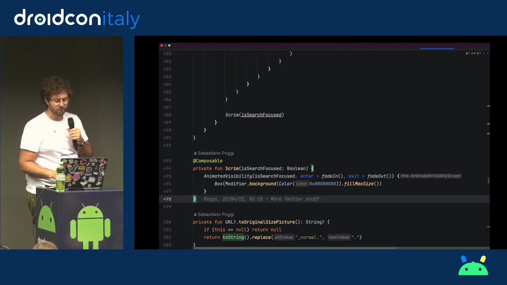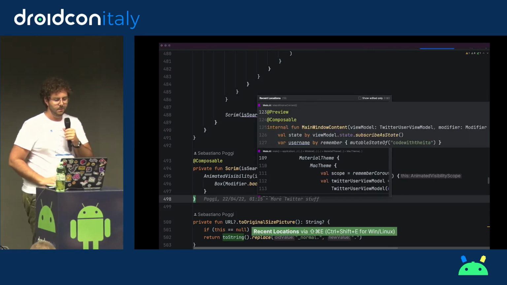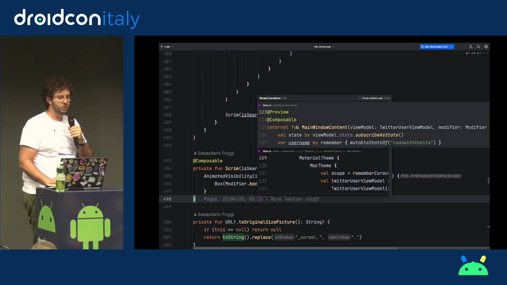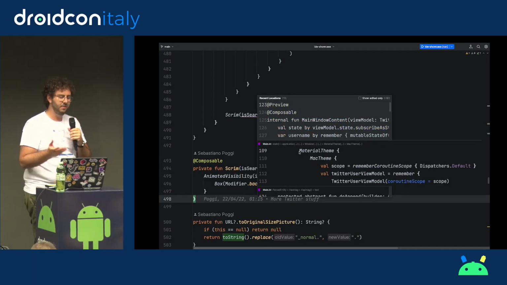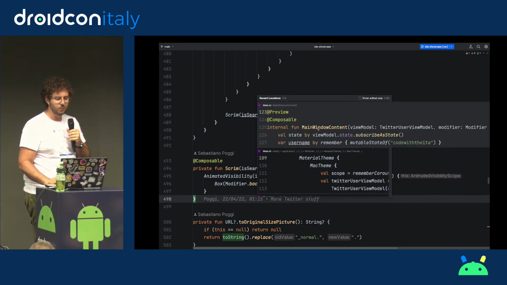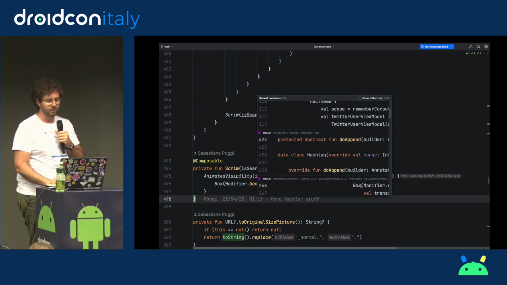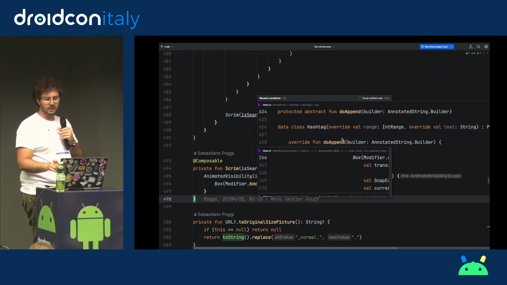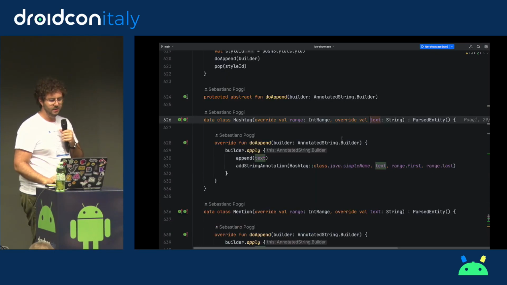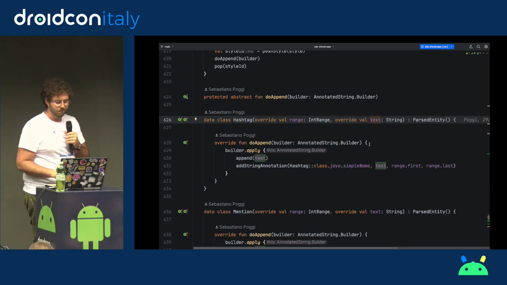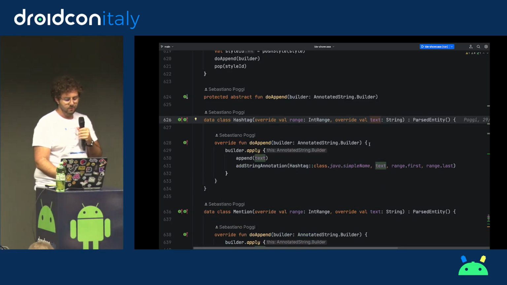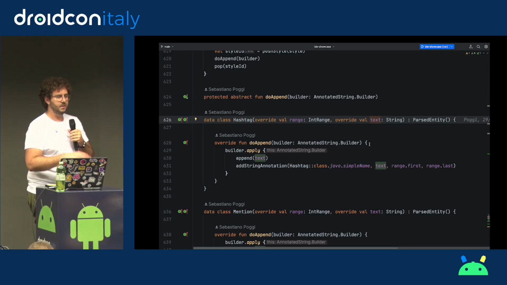This is super helpful. You can also use the recent locations, which would normally show more than a couple at a time, but the font is huge. But the idea is that it gives you previews of where you were earlier. So it's kind of like a history, but a visual history. And that's super convenient. Say, for example, I want to go back to the text field that I was at earlier. There you go.